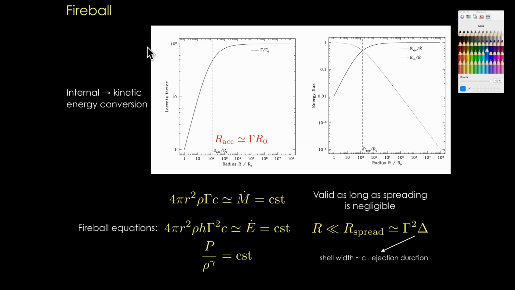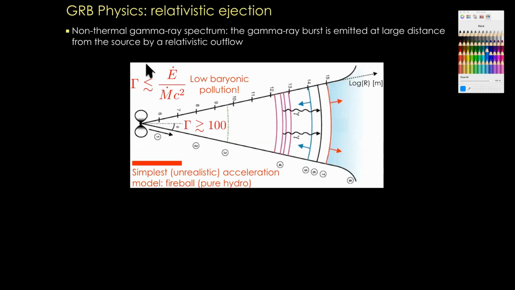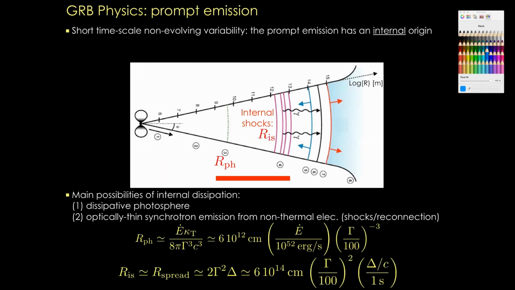And so now we have produced a relativistic outflow, and we want to produce the prompt emission. So here there is an old argument, which I think is due to Cavallo and Rees, which is the fact that